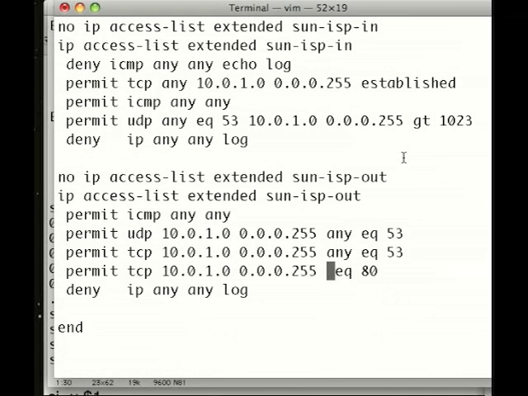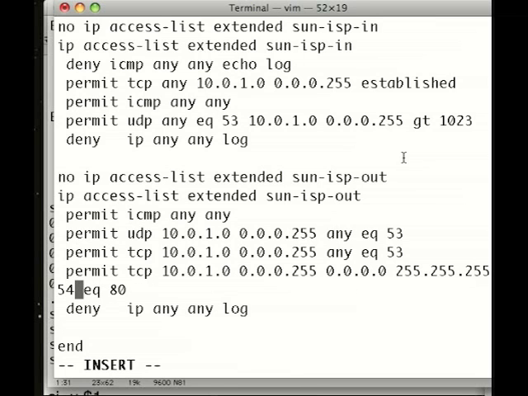Let's allow it outbound to all even numbered IP addresses on the internet. Now these are don't care bits, so we'll permit it to 0.0.0.0, 0.0.0.0, and don't care bits, we don't care about